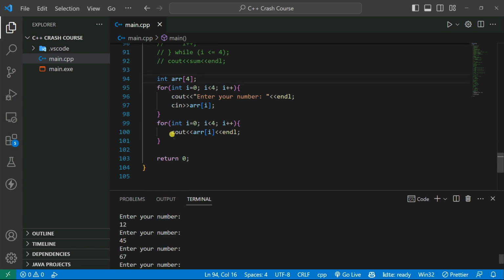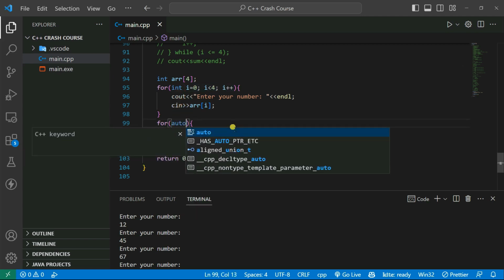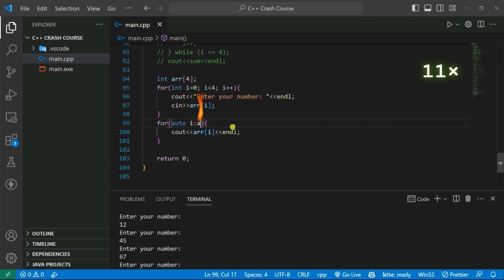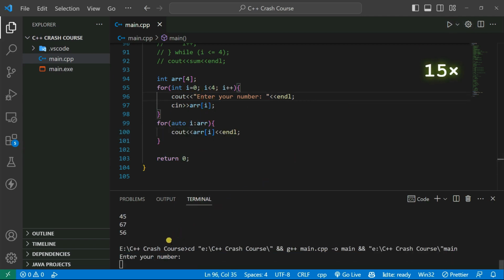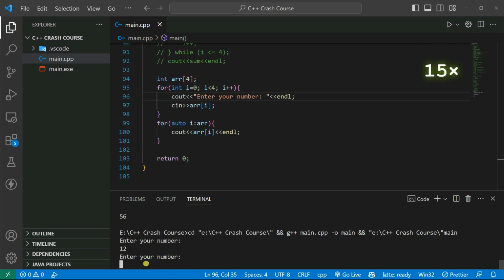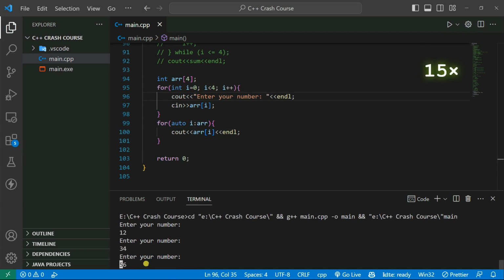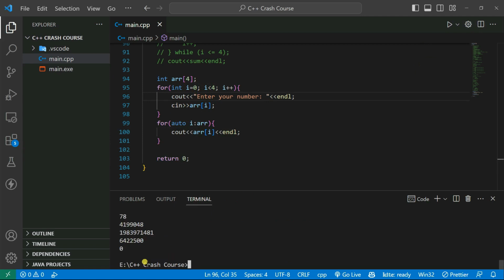You can also use another technique in order to print the array's values. For that, you can use the for each loop. Let's say for int i in the array. Now let's check whether it is working or not. Okay, I'll enter 12, 34, 56, 78. Yep, it works, but it gave me some